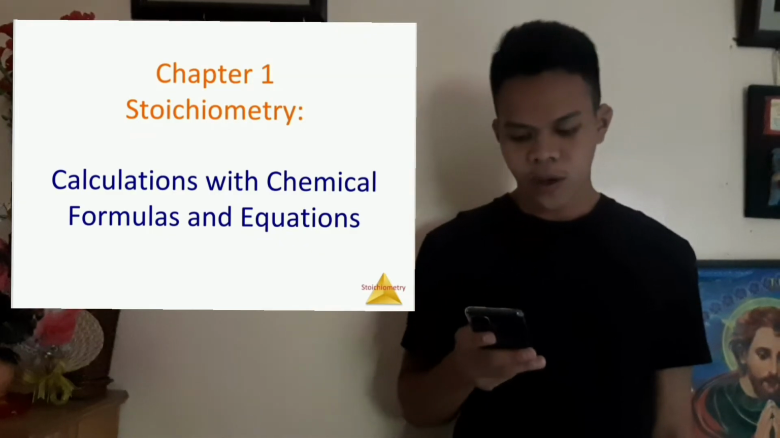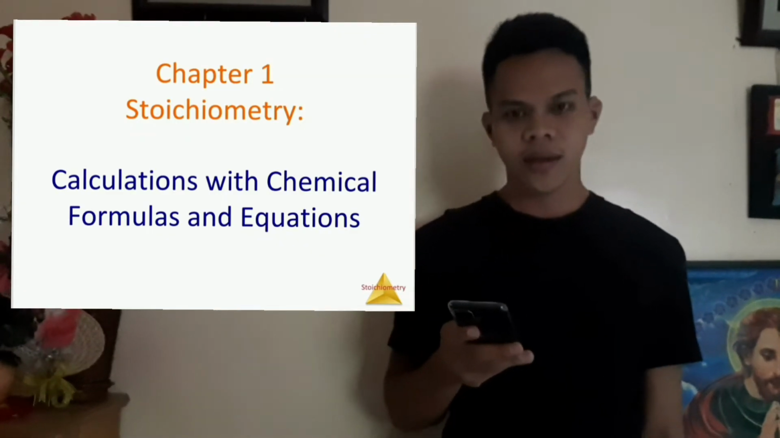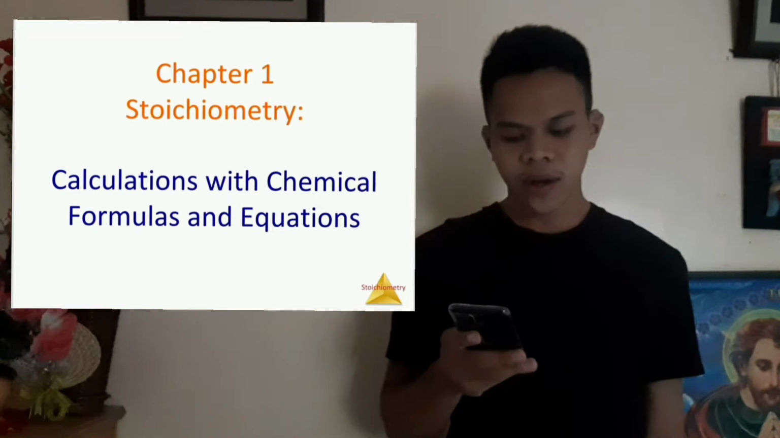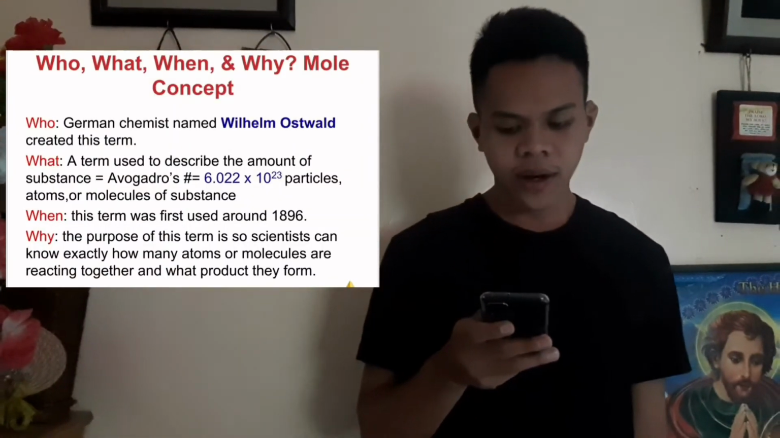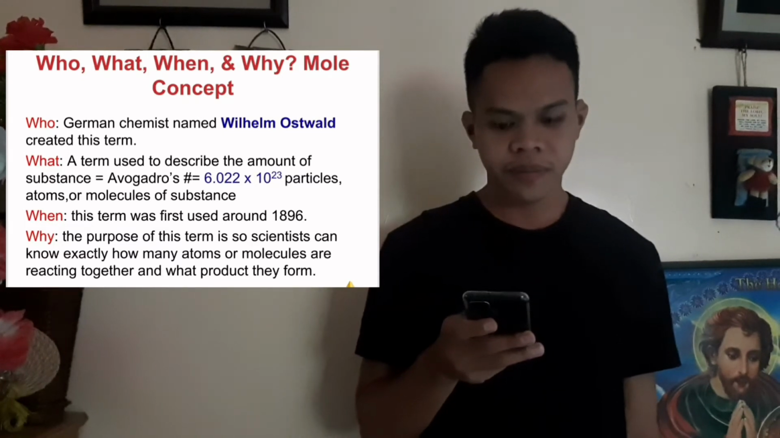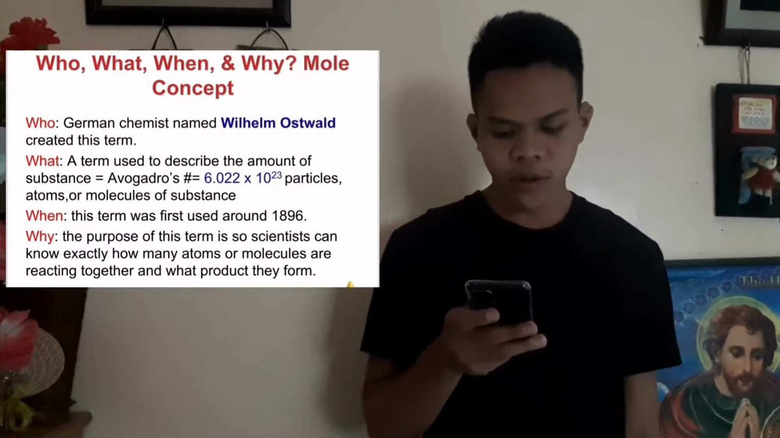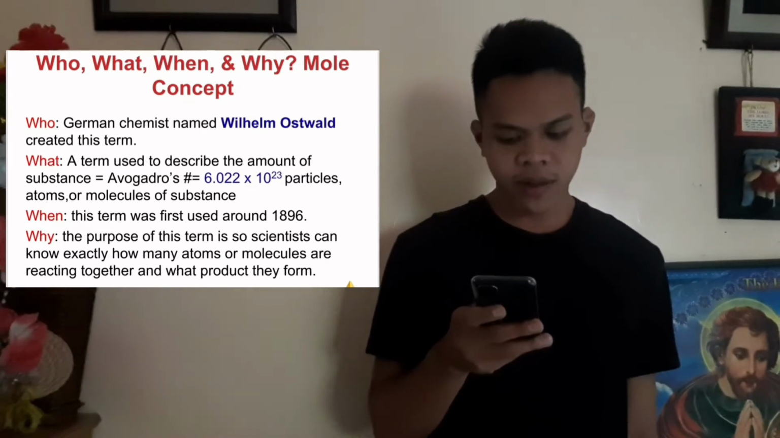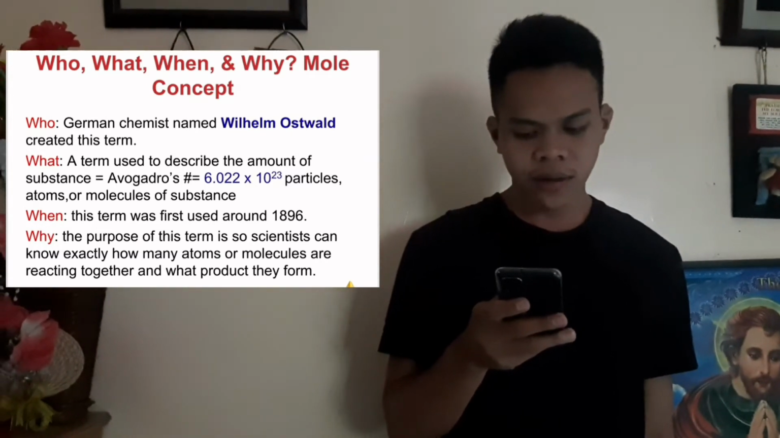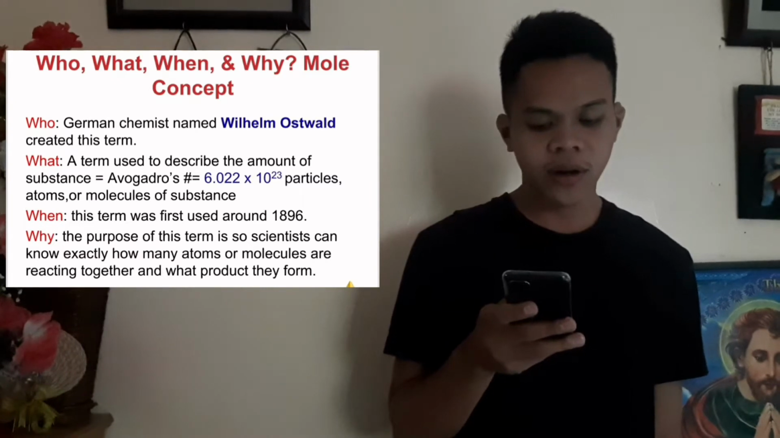This is Chapter 1, Stoichiometry and Calculations with Chemical Formulas and Equations. Who, what, when, and why: the mole concept. Who? The German chemist Wilhelm Ostwald created this term. What? A term used to describe the amount of substance. Avogadro's number is 6.022 times 10 raised to 23 particles, atoms or